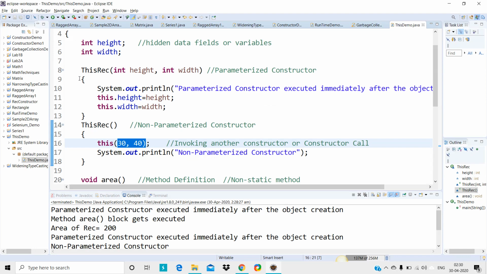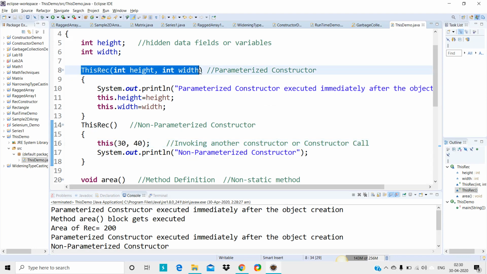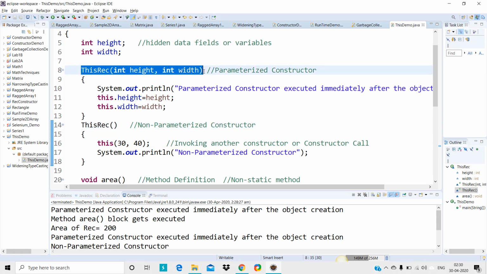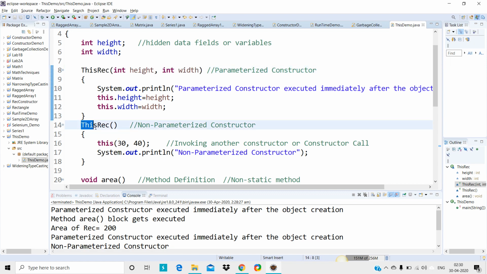Here we have multiple constructors, 1 and 2, one non-parameterized and one parameterized, that is constructor overloading. So if we have multiple constructors in Java, it's better to use the this keyword with an argument list. Please make a note, this is also a constructor.